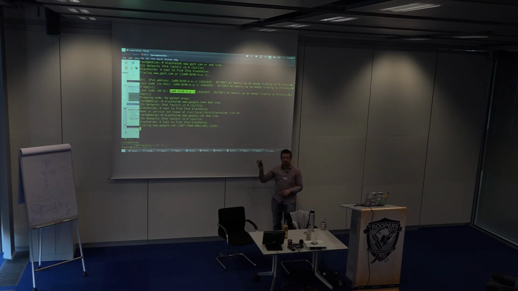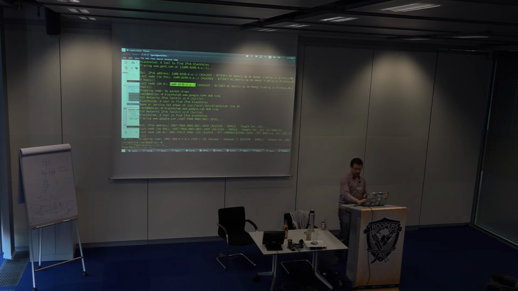Obviously, the reason for which I'm trying Google is because Google is well known to drop every single IPv6 packet that employs extension headers, okay? So in this case, you are going to see packet drops. Now, if you look at the output here,